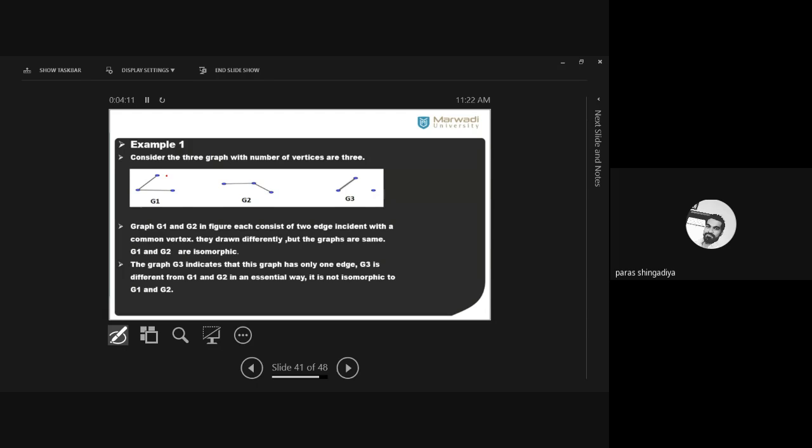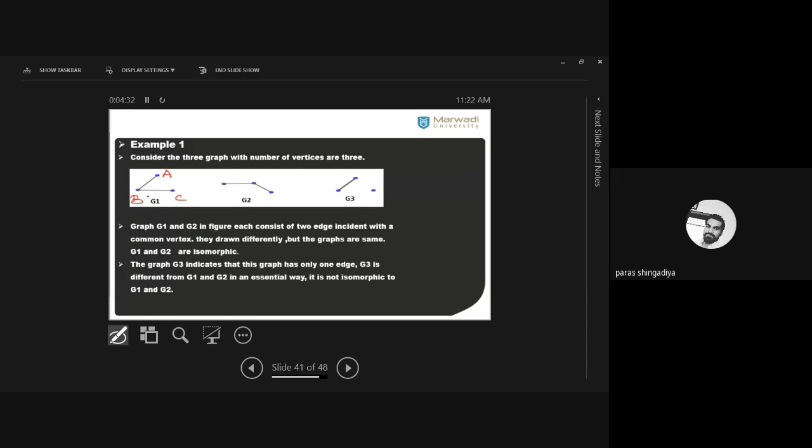So how can we use it here? First, consider the notation for this graph: the three vertices A, B, C. Then identify the images of all these three vertices in the second graph. You have to map the image of every vertex to the second graph. Okay? So find the image of all the vertices of the first graph in the second graph.